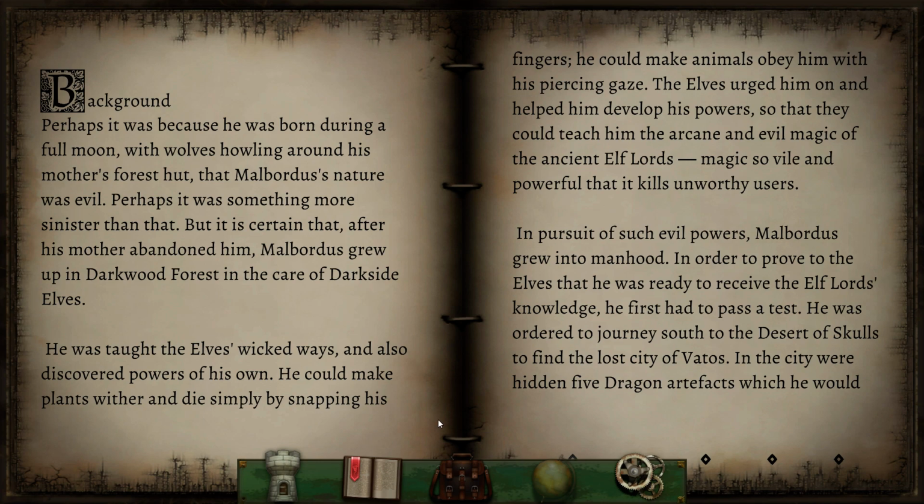The elves urged him on and helped him develop his powers so that they could teach him the arcane and evil magic of the ancient elf lords. Magic so vile and powerful that it kills unworthy users. In pursuit of such evil powers, Malbordus grew into manhood. In order to prove to the elves that he was ready to receive the Elf Lord's knowledge, he first had to pass a test. He was ordered to journey south to the Desert of Skulls to find the lost city